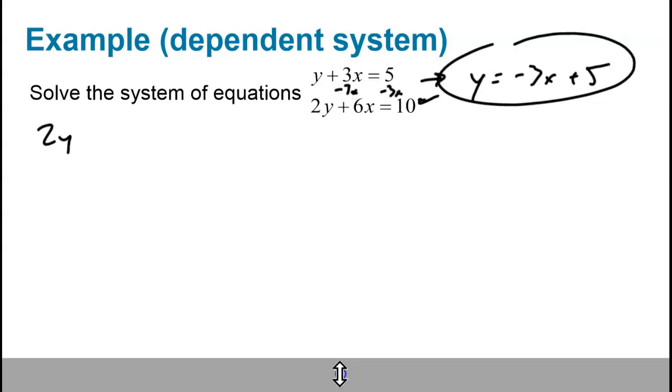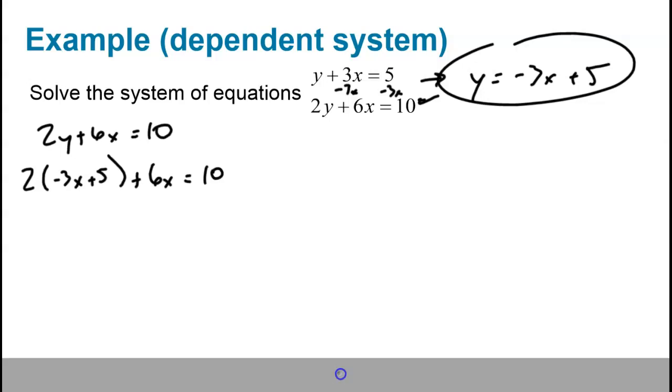So 2y plus 6x equals 10. Substituting y in, we're going to go 2 times negative 3x plus 5 plus 6x, continuing on with our equation. Let's remember that when we do this, we apply the 2 to both of those, so make sure to distribute it to both. So negative 6x plus 10 plus 6x equals 10. And then these will cancel out, negative 6x and 6x, and we are going to be left with